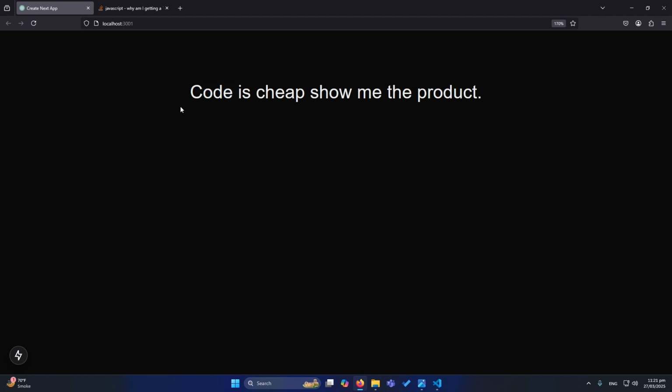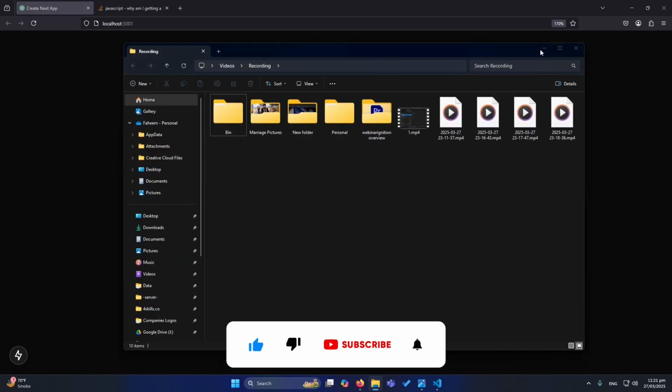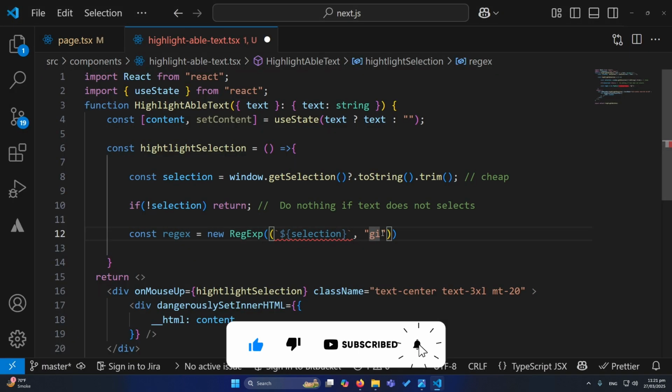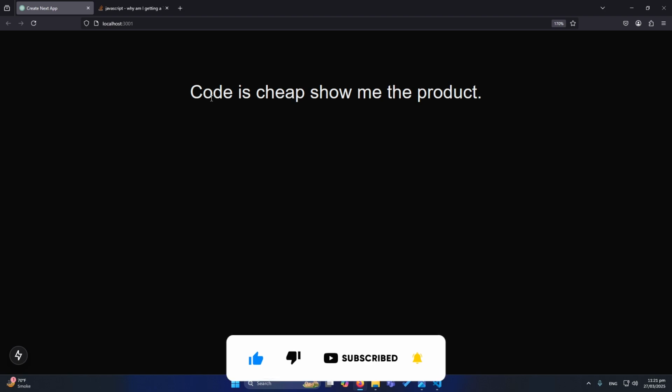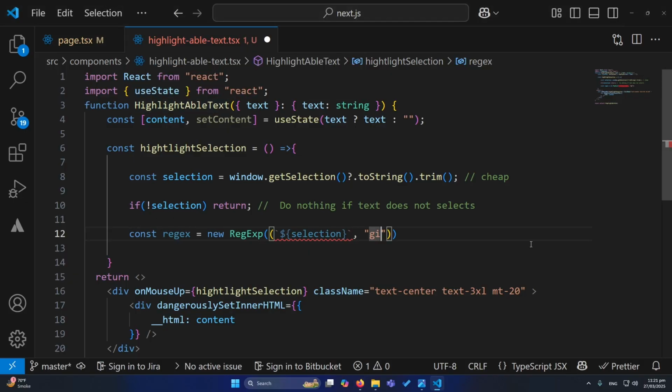So if the code text is found 5 times, 10 times, 15 times, it will search all the code strings. And i stands for case insensitive, meaning whether code is written in uppercase or lowercase, it doesn't matter, you need to match this. So basically this is our regular expression, and let me comment this here,